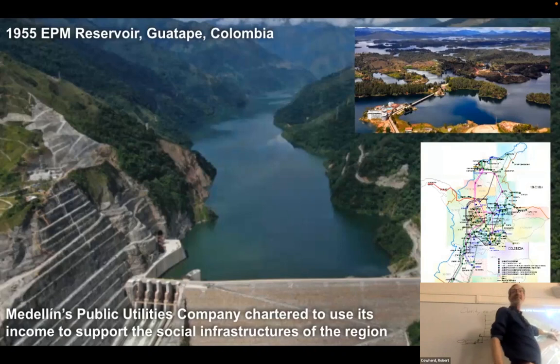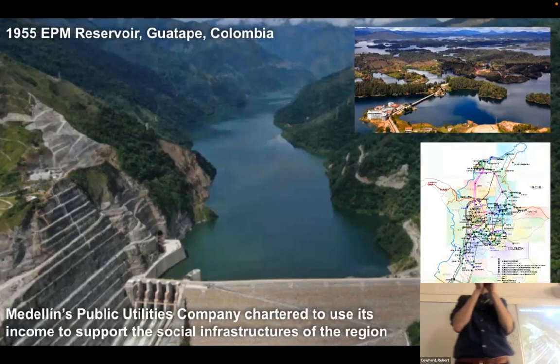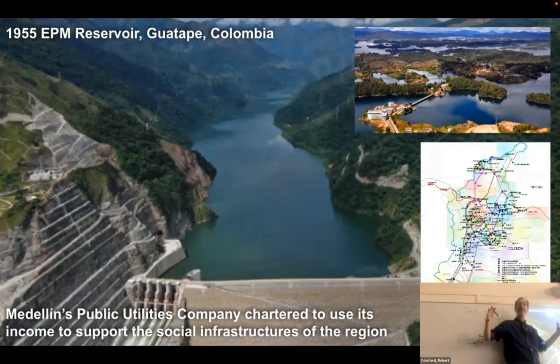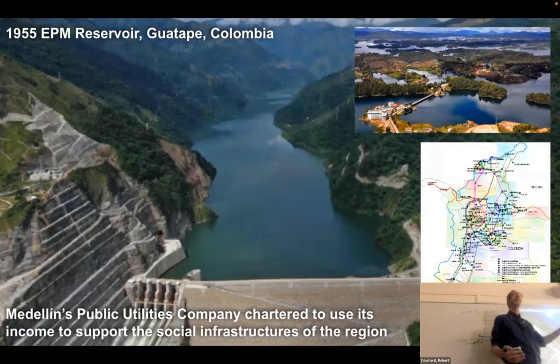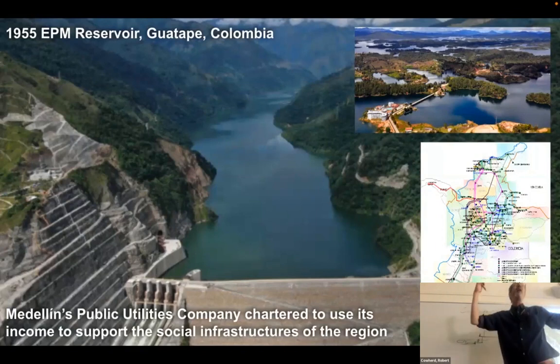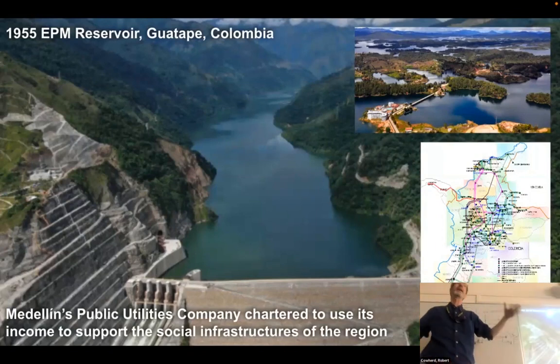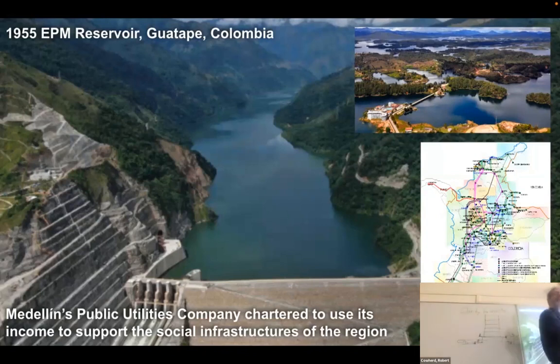And the beautiful thing is that this company was owned by the city, because no private enterprise was able to provide so much electricity to keep the industrial boom going as they needed. So the city, the government said, we'll finance the building of this dam and we'll make a company. And in the charter of this company founded in the 50s, it says 10% of all of the money coming in has to go to social infrastructures in the region. And so hundreds of millions of dollars every year could be flooding into the